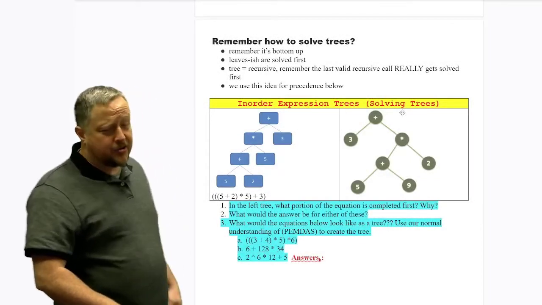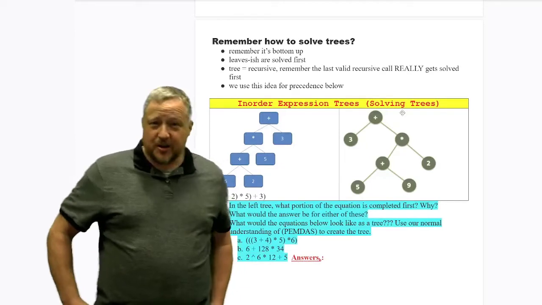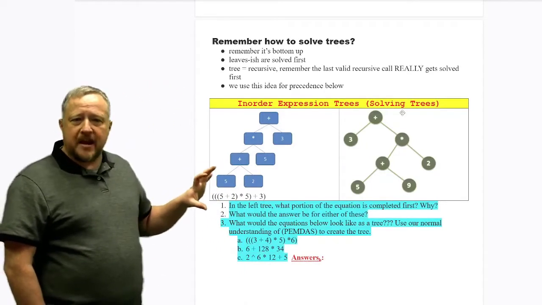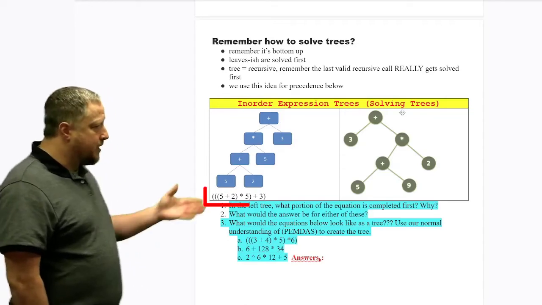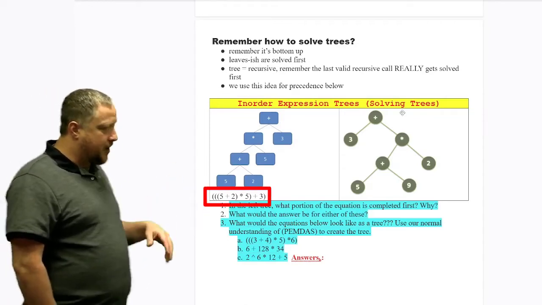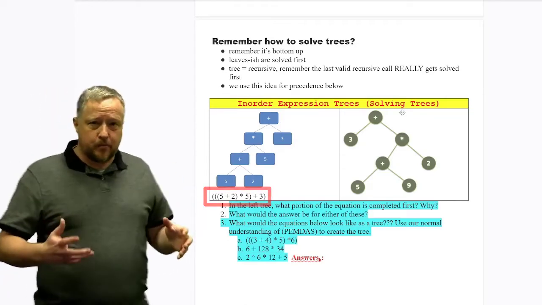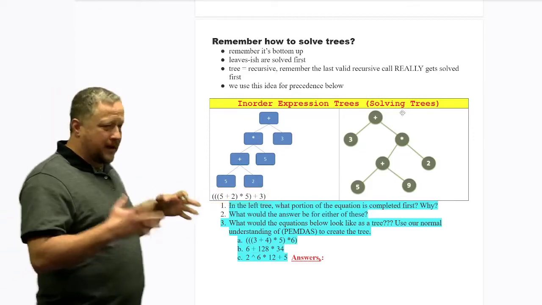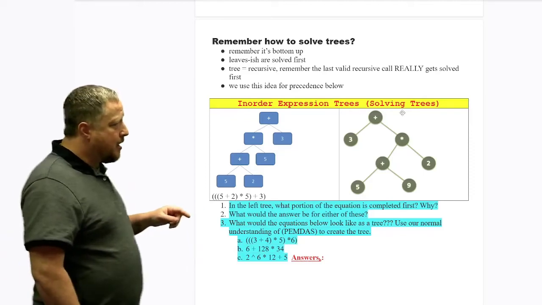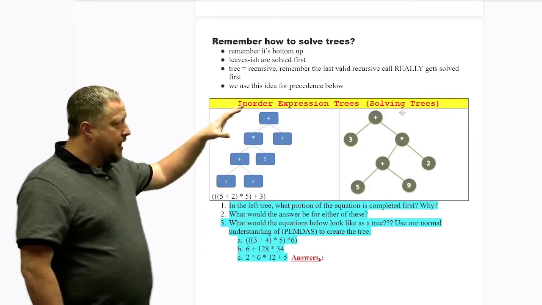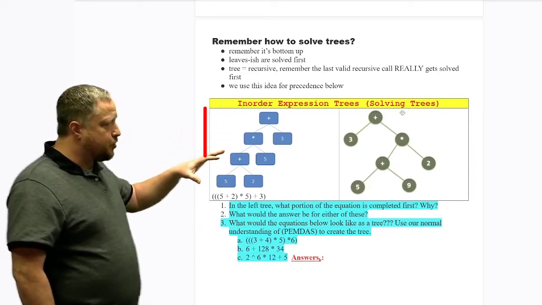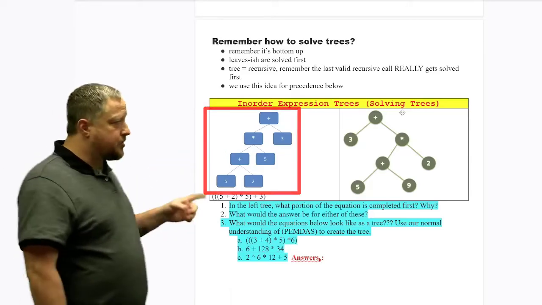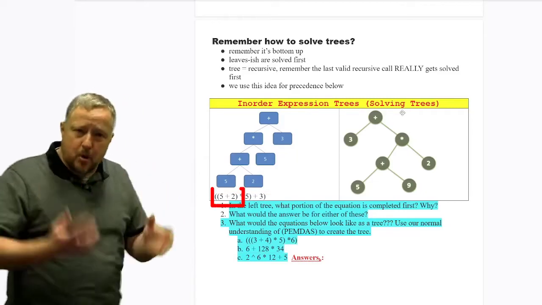So you remember how to solve using trees, right? Remember that in a very basic mathematical setup that we have right here with 5 plus 2 times 5 plus 3, notice I'm putting them in parentheses because I really want to make sure which items need to be solved and how they're supposed to be solved, stuff like that. But the important part is if we're to put this into some type of tree, what item actually needs to be done, and you well know this is going to be the 5 plus 2